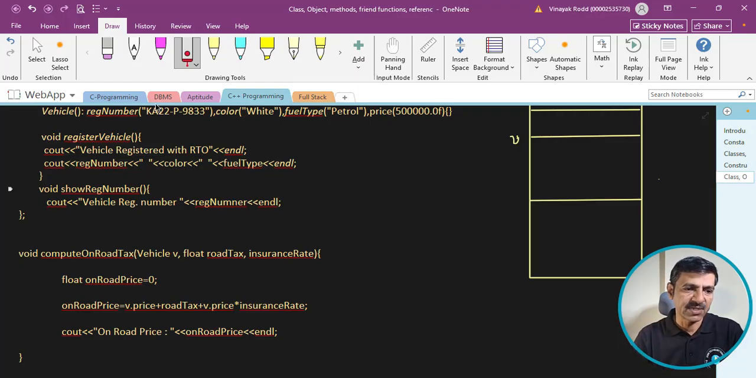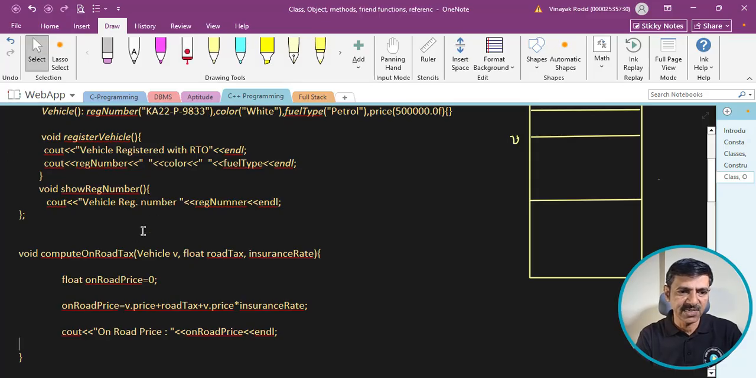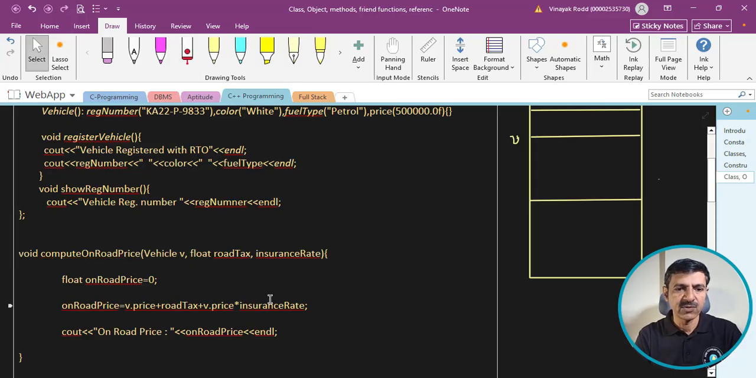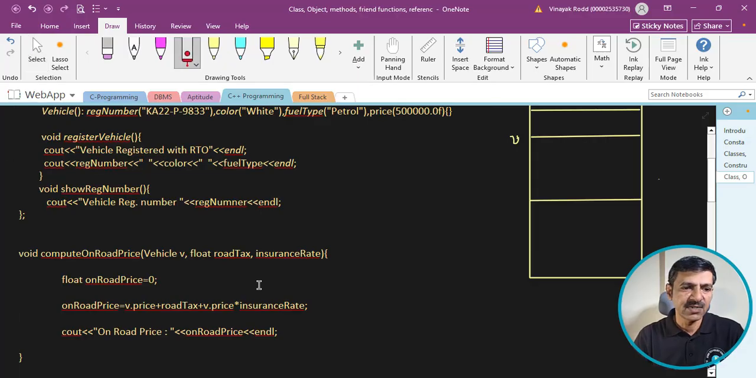You simply have to write a function. Let's say I want to compute the road tax, or rather, instead of road tax, let me change it to on-road price. So you all know that when you buy a vehicle, normally we ask what is the on-road price. That includes the price of the vehicle plus road tax plus insurance plus accessories and all that. So this function compute on-road price will take an object of the vehicle class, which is defined here. It will take road tax, some fixed amount, and insurance rate, maybe 5%, 10%, whatever rate you